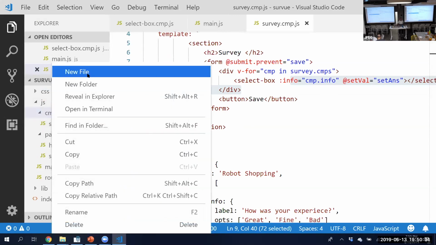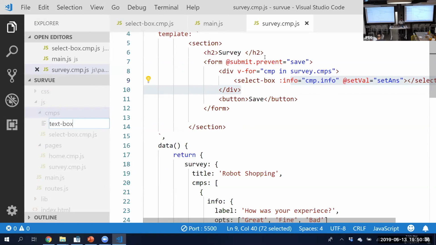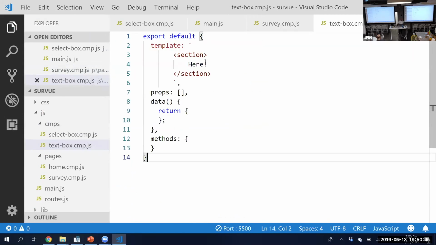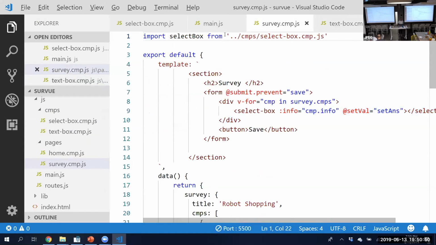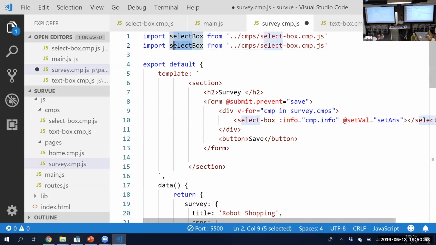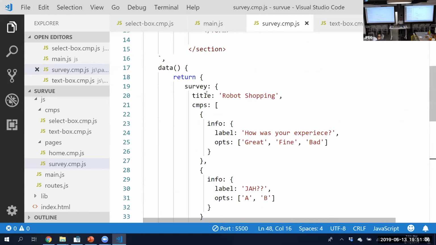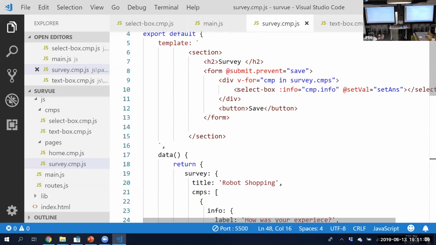So I'm creating a new file, and I will call it textbox.cmp.js, and I will create just a simple component, say something here, and let's make it happen. So here, we're going to import the text box. And this is my text box, oops. Text box, and then I can use this text box, add it here to the array of components that are valid, that are available for this template,